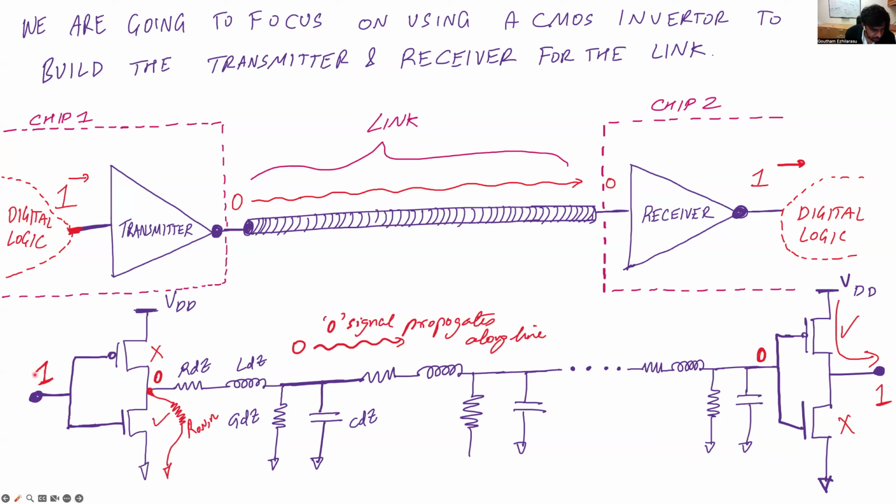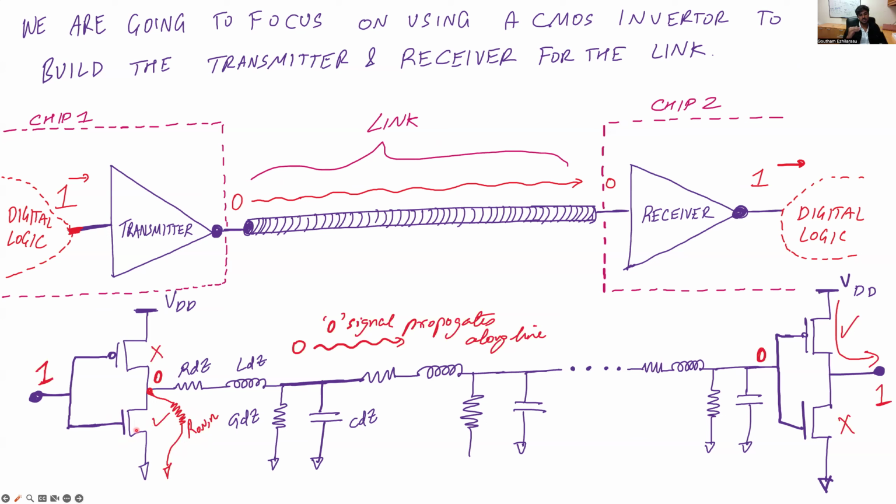So imagine you wanted to transmit a signal of 1. So the input to the first inverter on chip 1 would go high. And if it goes high, the PMOS here is off while the NMOS is on. And therefore, what you find is that this node is now connected to ground through the on resistance of the